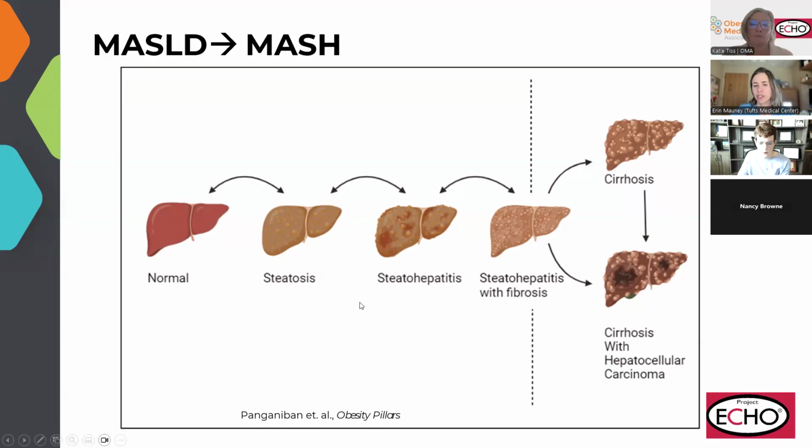In a small subset of patients, that goes on to become steatohepatitis. So this inflammatory condition with ballooning hepatocytes, fibrosis, and as I mentioned, this is more the end stage picture here with cirrhosis. It is also a risk factor for hepatocellular carcinoma. Again, not in pediatrics, but the patients who have this initial steatosis and steatohepatitis and then are living with it for 20, 30 years are at much higher risk of getting HCC at younger ages. So we're really trying to work up front on this prevention in the earlier phases where we tend to see kids.